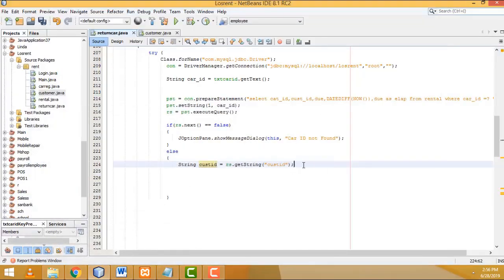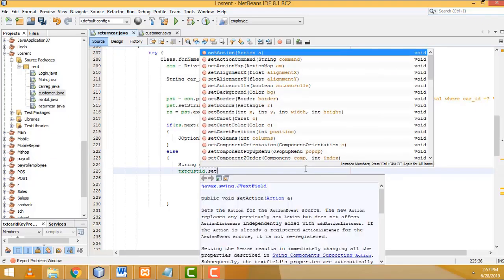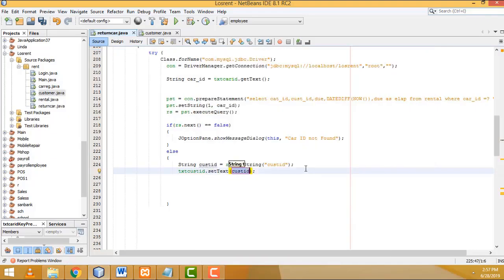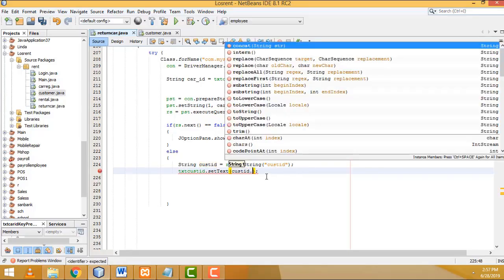So here you have to write. After that, what I am going to do is write another thing: car ID. After that we have to pass it into this relevant text box as well. So txt cust ID text box dot setText, right. Here this cust ID you have to pass it here, and call the trim function,